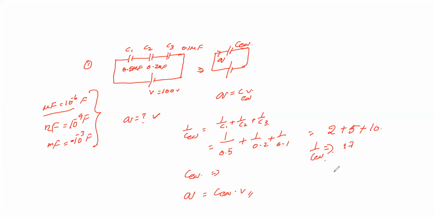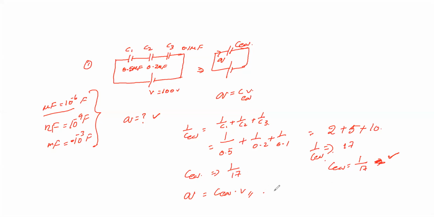So எனக்கு என்ன C equivalent வேணும். C equivalent is equal to 1 divided by 17. Remember it. C equivalent is equal to 1 divided by 17. You can keep it in fractions itself. Decimal convert பண்ணாதீங்க. Okay. So நம்ம இப்போதான் start பண்றோம். Don't convert into decimals. Okay. So it is 1 by 17. This is your 1 by 17.